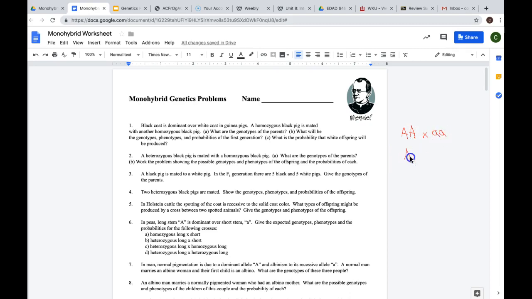So we'd set that up in a Punnett square. And we would end up with all heterozygotes. Okay, so the genotypes would be 100% heterozygous,